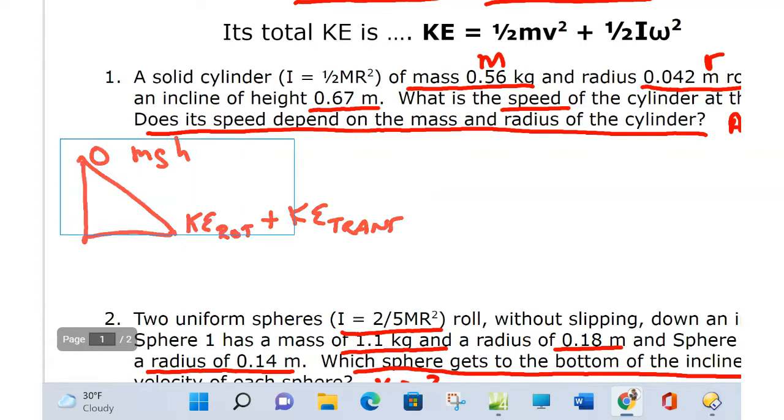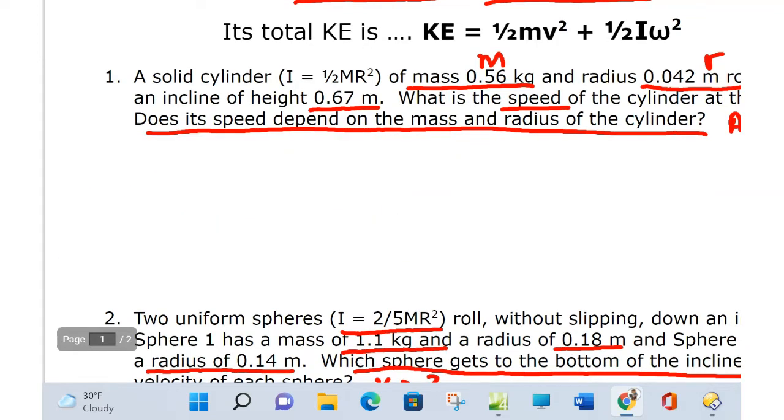So I'm going to clear this out here. Get rid of that. So what would the equation be? At the very beginning, it has mgh, and then it's got translational kinetic energy and rotational,